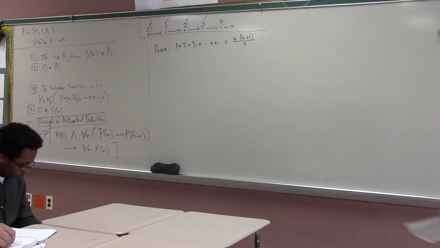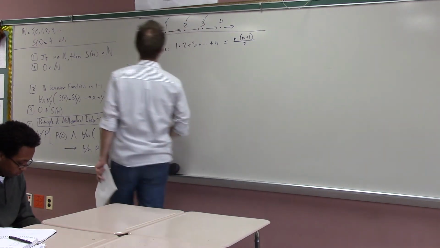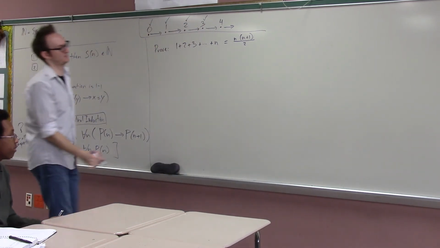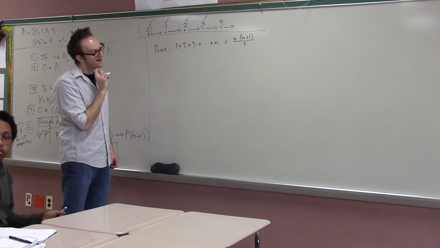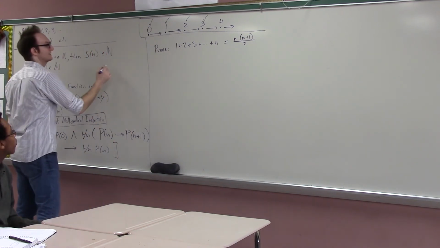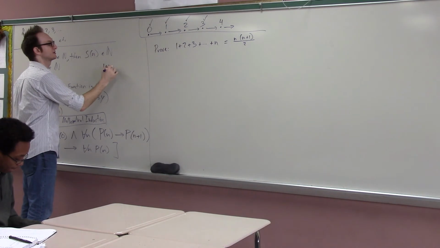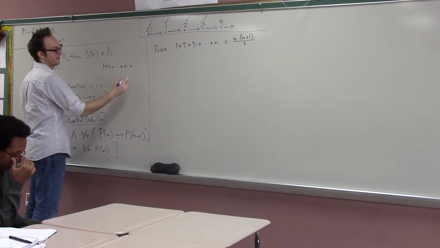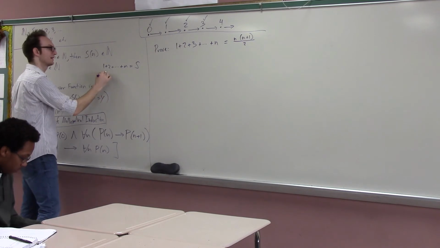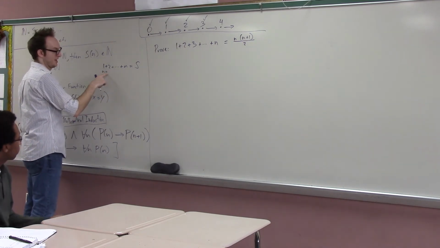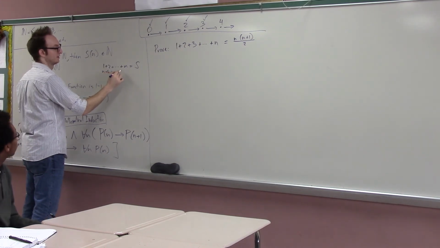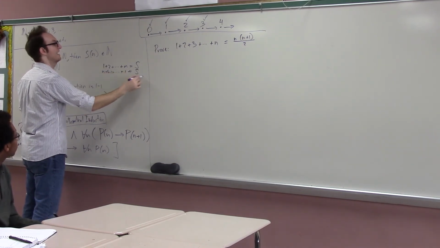But in my opinion, we didn't really prove this. What we did is, we kind of did some sort of hand-waving with this. We did this Gauss thing where we said, remember, we do 1 plus 2 plus, and we go all the way up to n, and we called that S, and then we wrote them backwards, and we said n plus n minus 1. Remember this? Of course you do. And then you add them up.